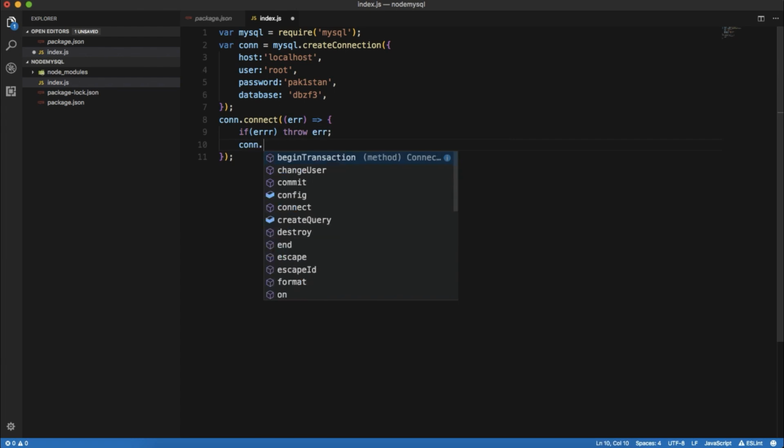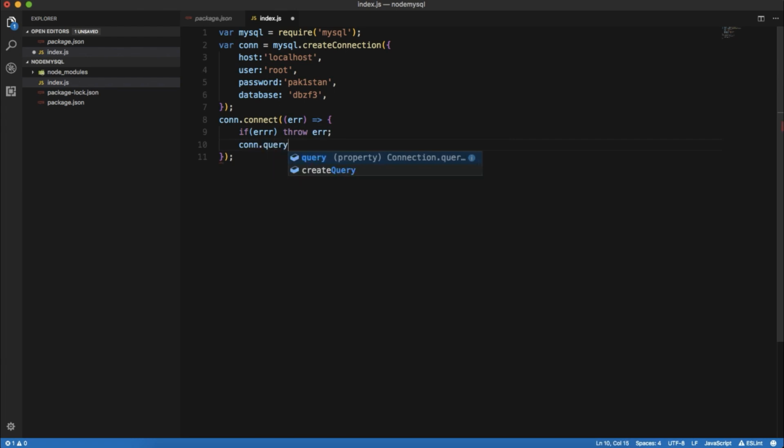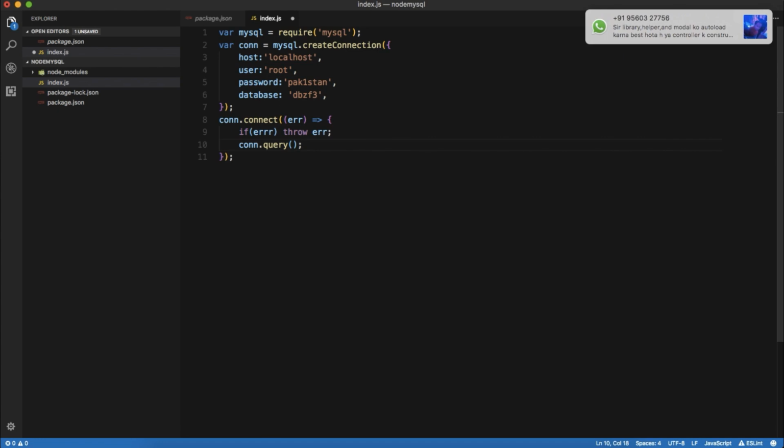Otherwise, connection.query, and now this command connection.query will accept three parameters. The first is the SQL query, the second is any additional parameters in the form of an array, and third is the anonymous function which will return an error, data, and the fields. These three objects will be returned by